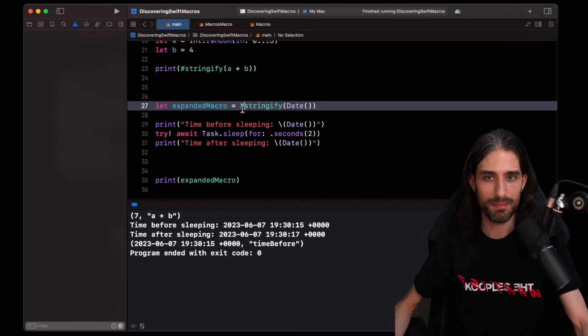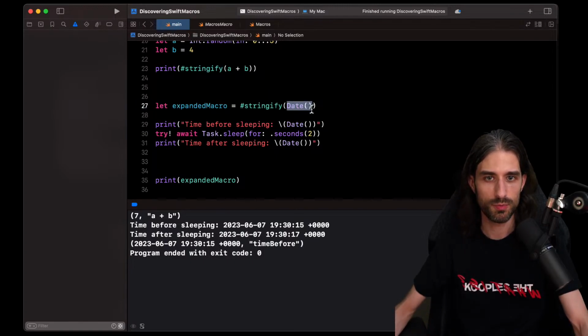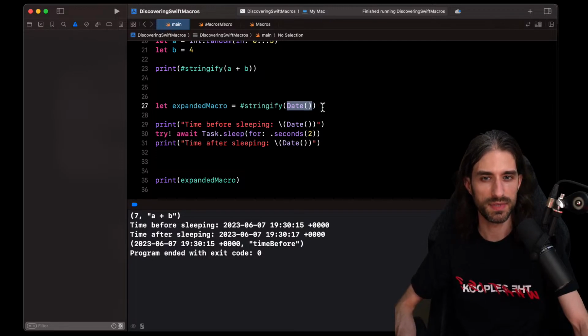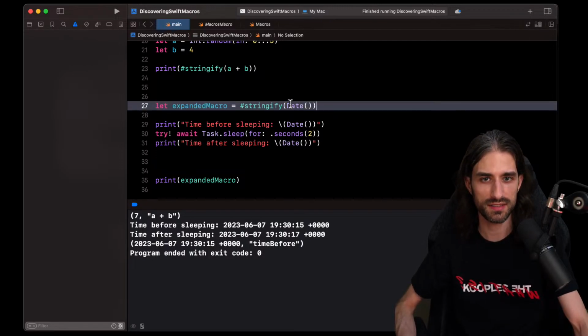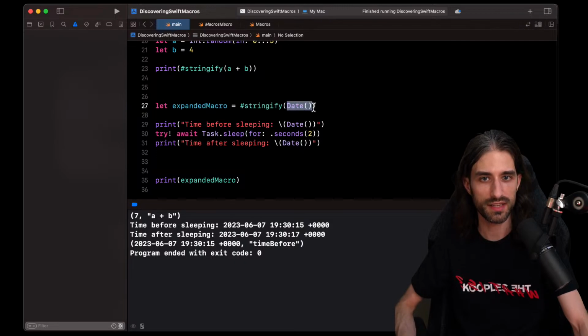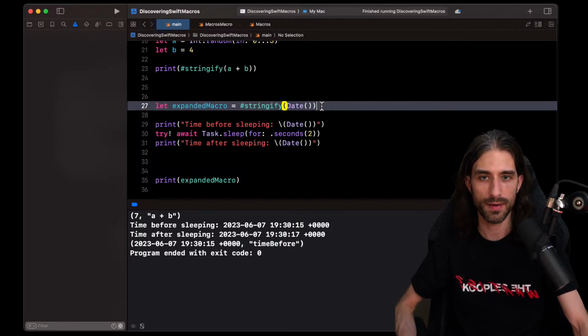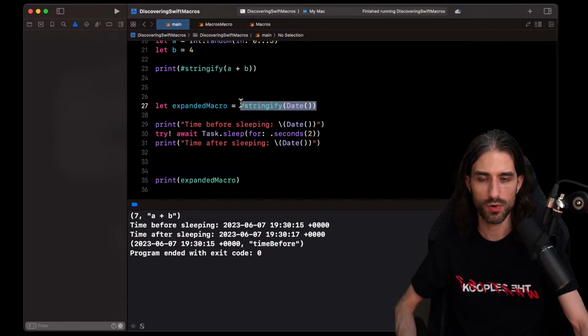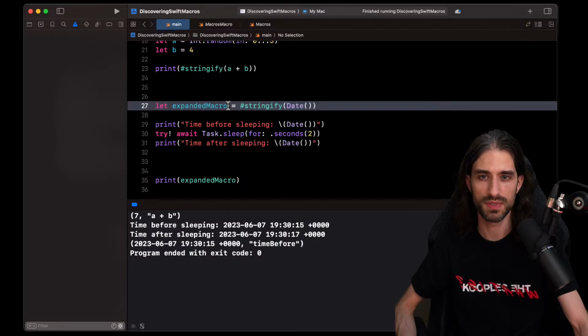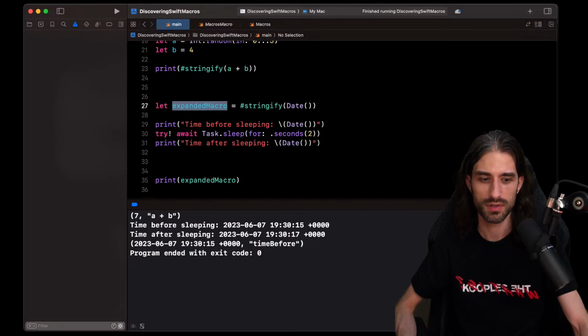I call my macro here and I pass as an argument the date. So the result of the date isn't known until the date has been called. And so the question is, will the date initializer be called when the macro is, but then it's going to be in the expanded macro.